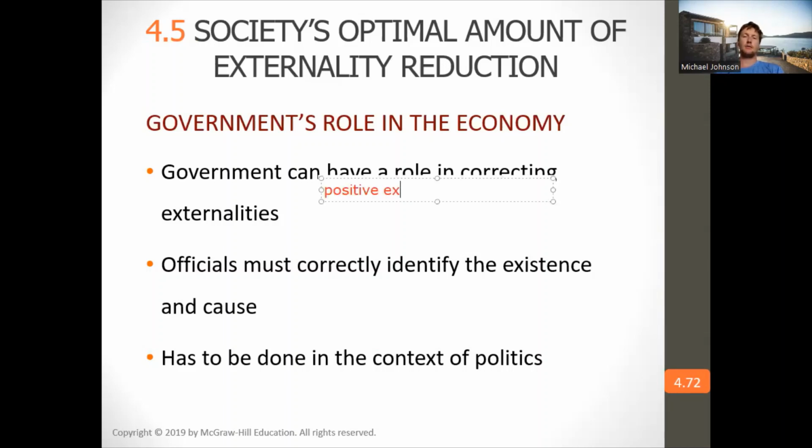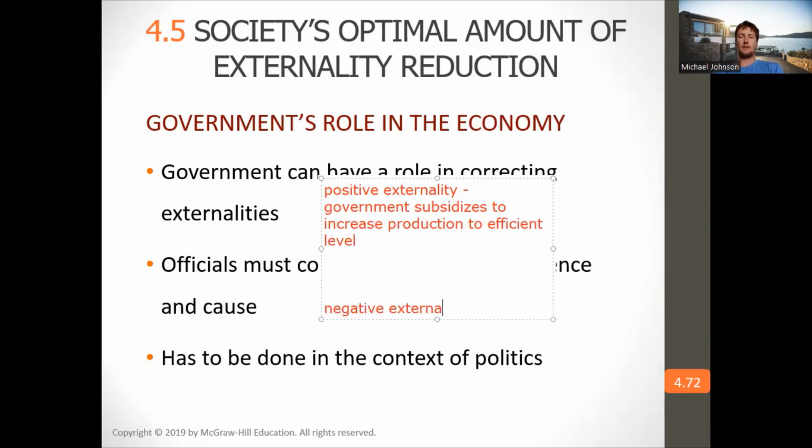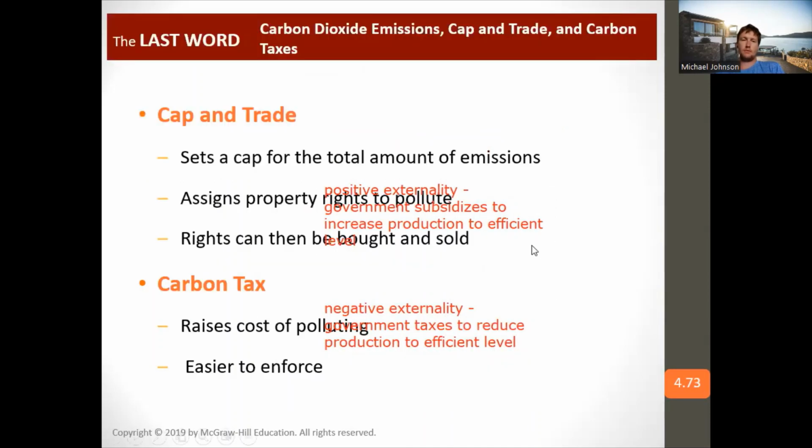Positive externality, government subsidizes to increase production to efficient level. Negative externality, government taxes to reduce production to efficient level. So cap and trade is used to reduce